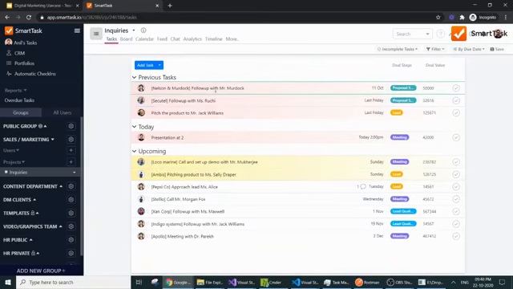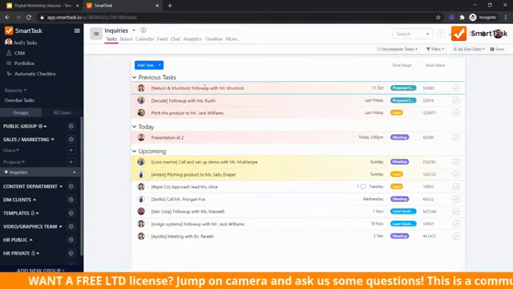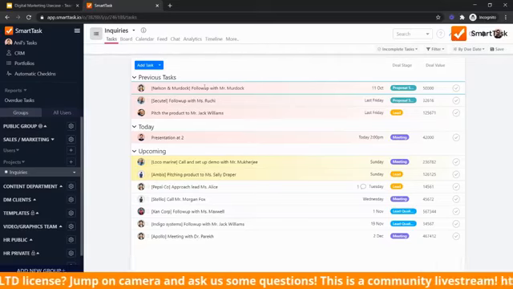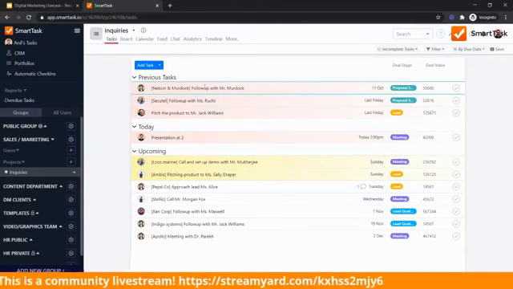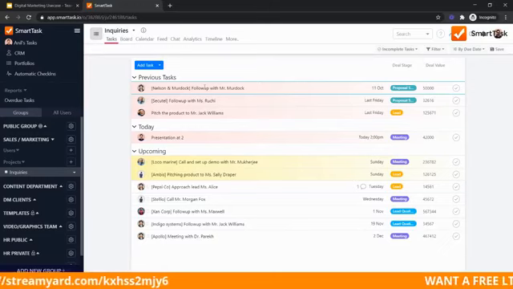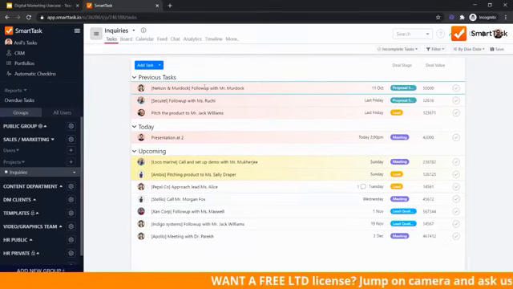Now, the whole point of having this in one single tool is you do not have to juggle between different tools. You're not juggling between a CRM, a task management tool, and some digital marketing tools out there, right? There are a lot of tools we are currently utilizing. It's much more beneficial to have a lot of this information in one single place. So that is where the inquiries come in.